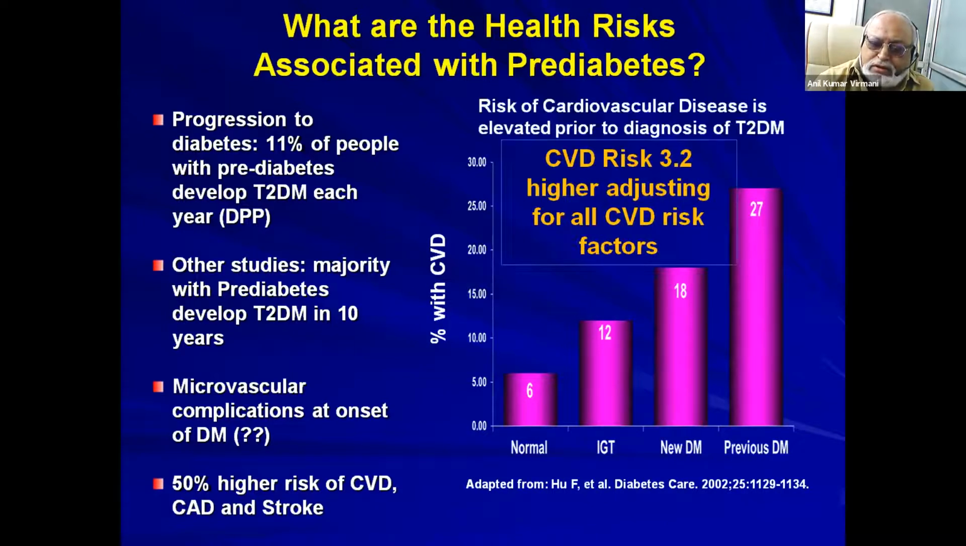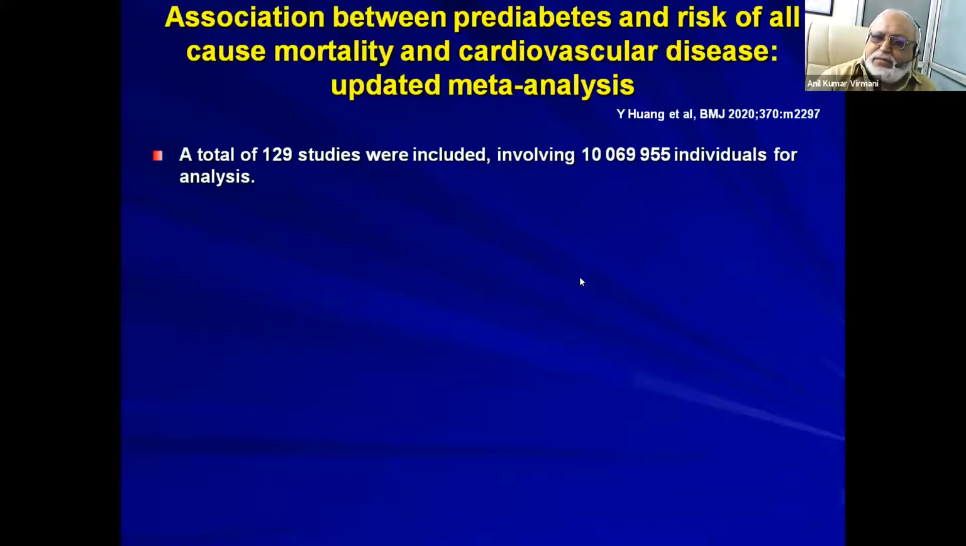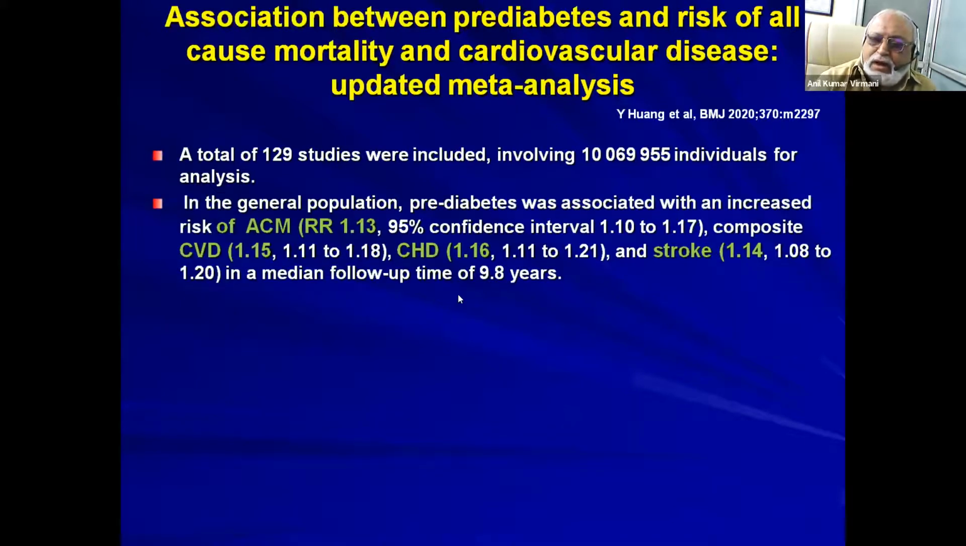If you look at normal and IGT, it is almost double the risk of cardiovascular disease. So the CVD risk is 3.2 times higher if you adjust for all the other CVD risk factors. Now, this is the latest meta-analysis published by Huang et al. in BMJ in 2020, and they looked at an analysis of more than 129 studies with more than 10 million individuals, and they found